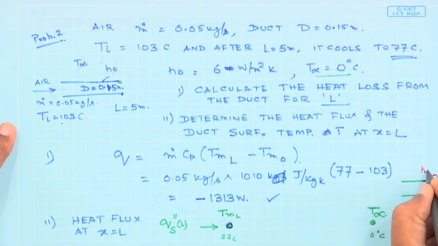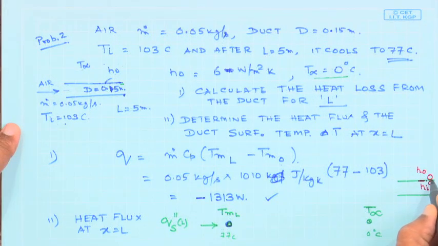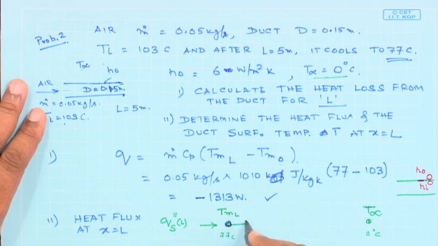This is the convective heat transfer coefficient on the outside, and this is the convective heat transfer coefficient at the inside, neglecting whatever conduction resistance we have in the duct. Therefore, if I draw a circuit,